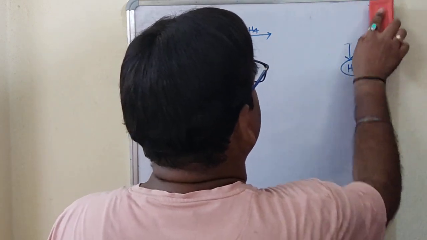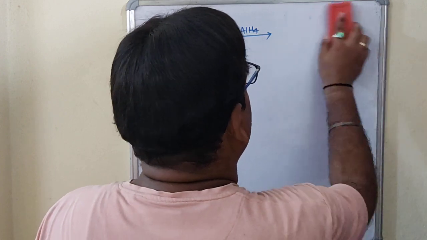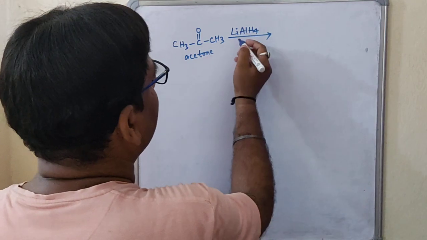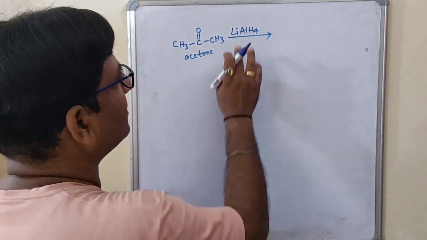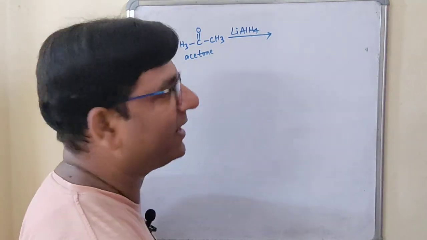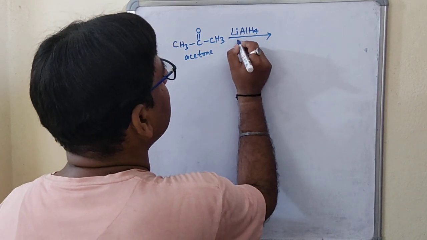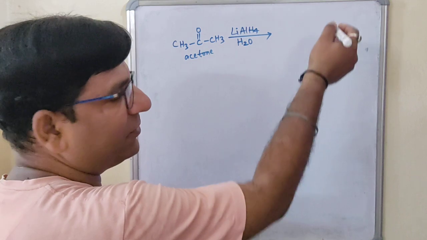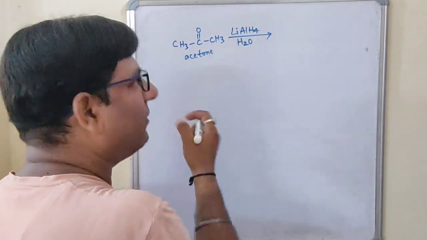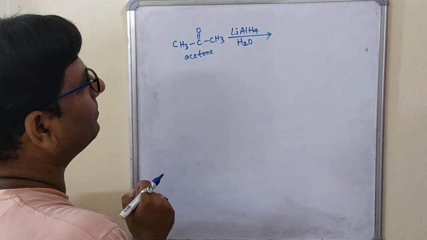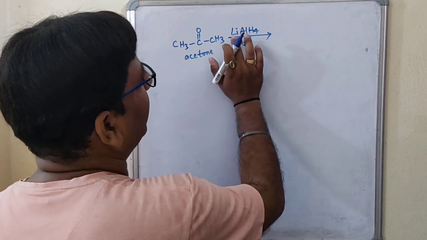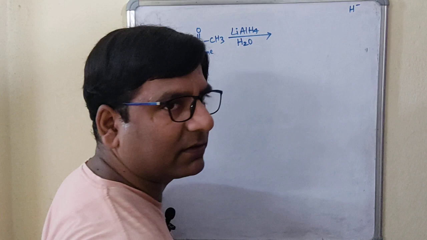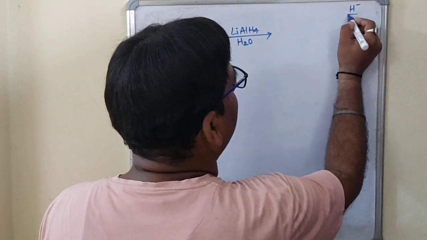Now this is the combination, student, that you have to use: water as well as the alcohol. Now let us see this. Now we have taken the strong reducing agent, that is LiAlH4, and we will use the water as well, as I told you there, right? Now when you are using this, what will happen? As I told you, LiAlH4 has H minus, means this is the hydride ion.